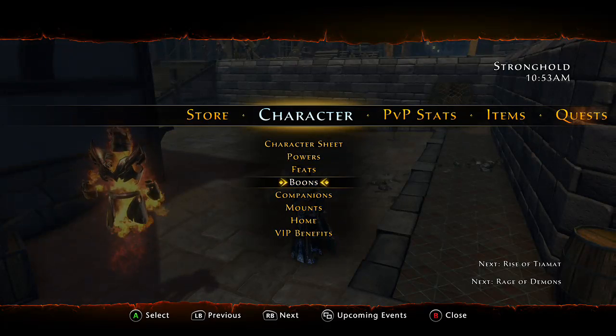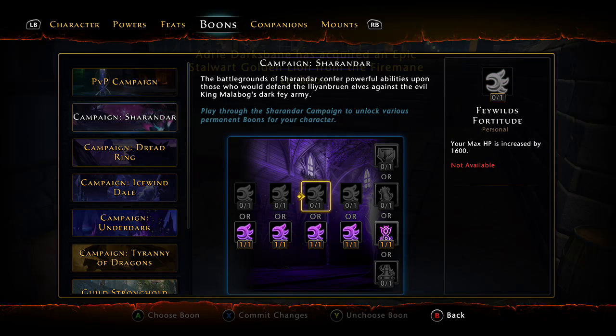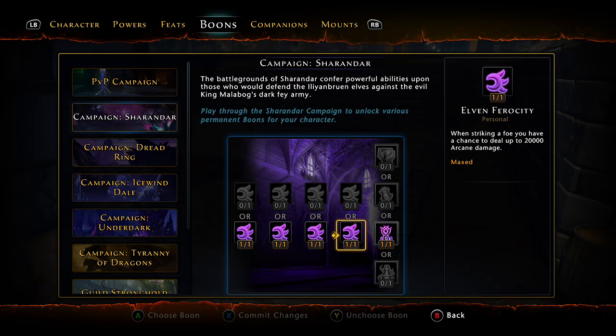We'll go boons. It's pretty simple, basic. I got most of my stuff when I started from Leo Knowles' cookie cutter build. Switched it to what worked for me. So, Charandar, 400 power, 400 crit, 3% action points,